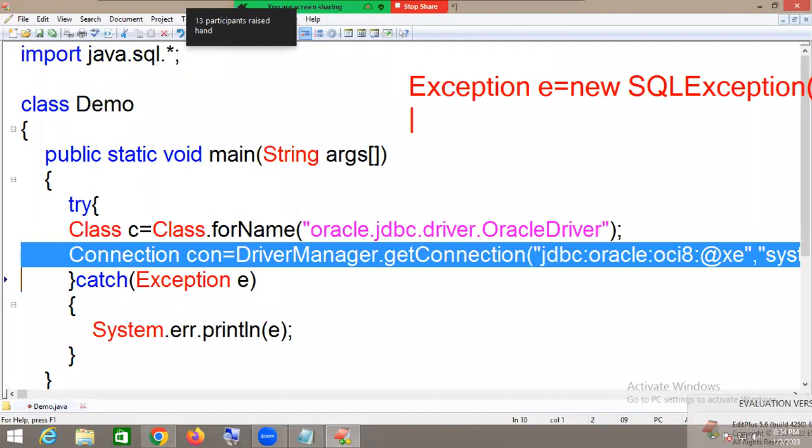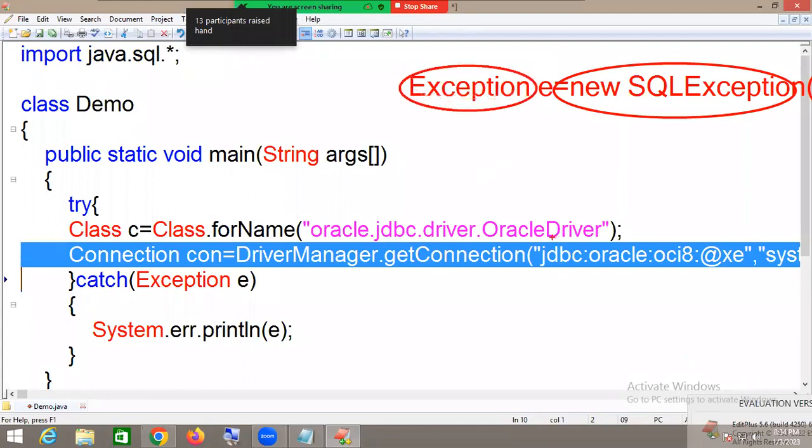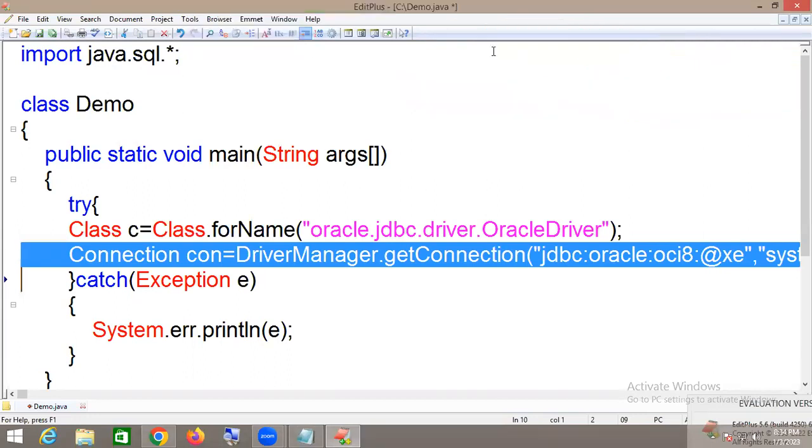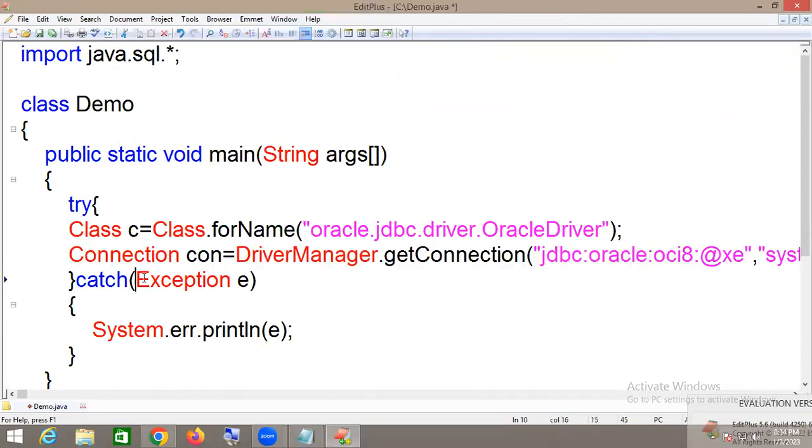Now here this is a subclass object and this is a superclass reference. A subclass object assigned to a superclass reference, this is upcasting. Now here in the catch block, if you write superclass